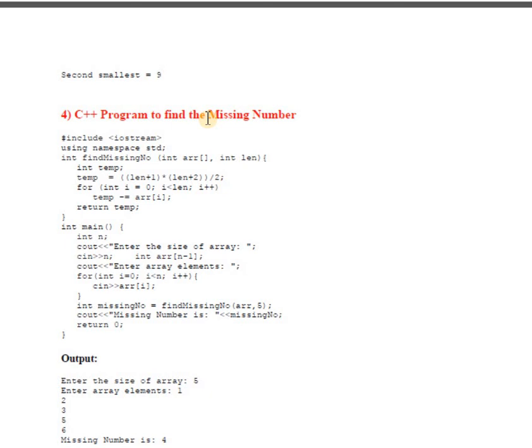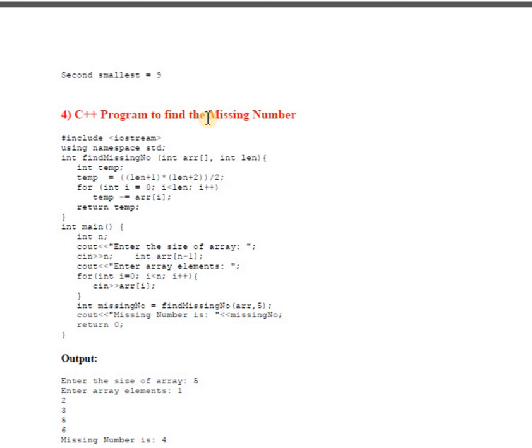Next, your last program is to find the missing number from the array. Suppose we are given a list of numbers in increasing order, but there is a missing number in that list. You want to write a program to find that missing number. For example, when the user enters 5 numbers in the order 1, 2, 3, 4 and 6, then the missing number is 5.